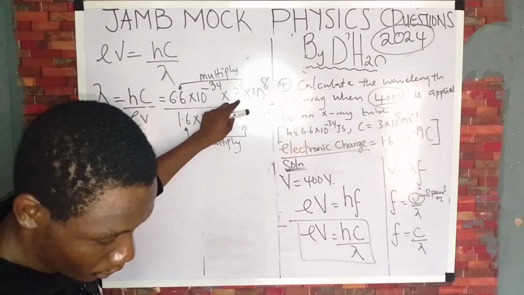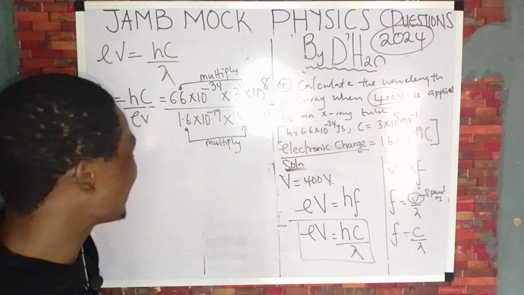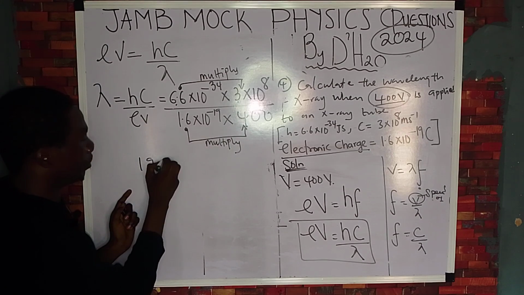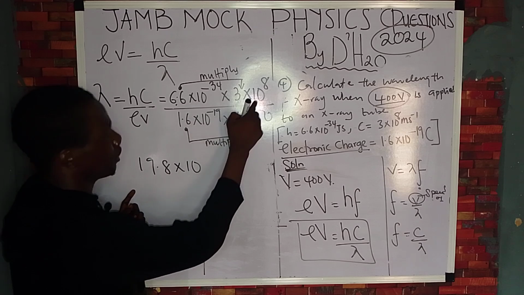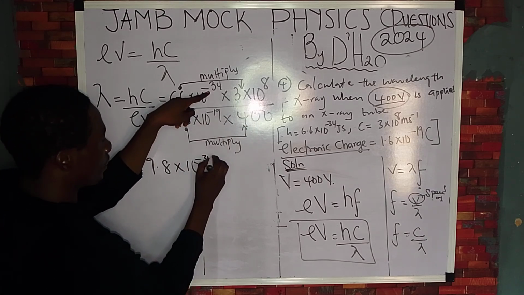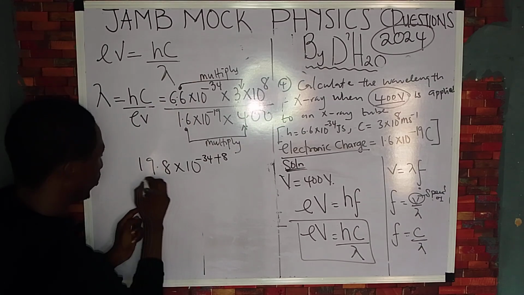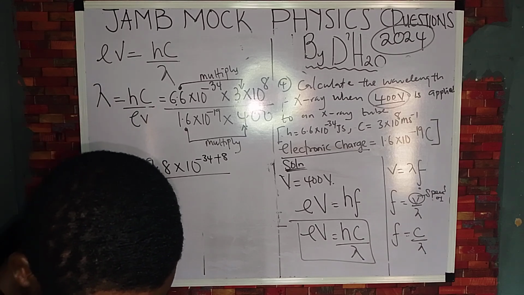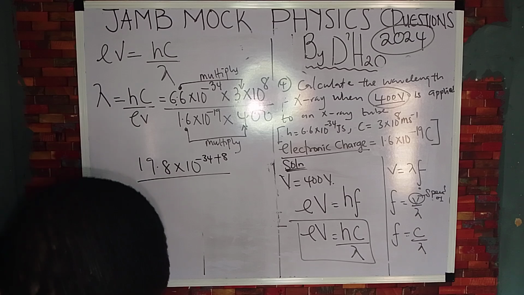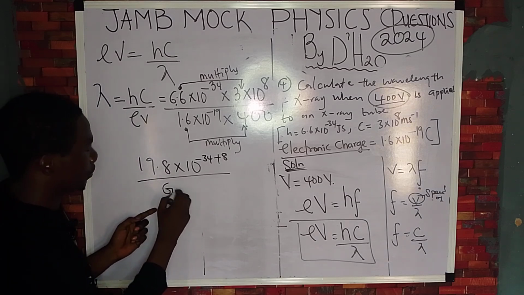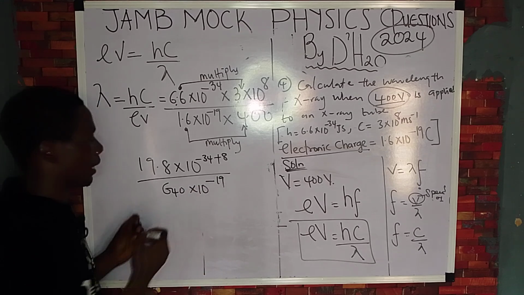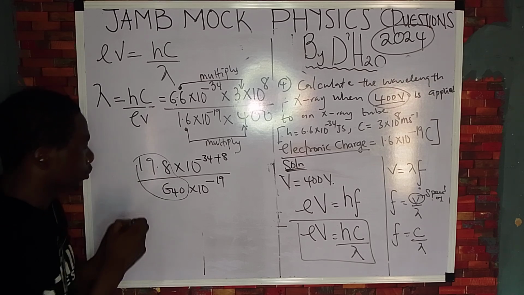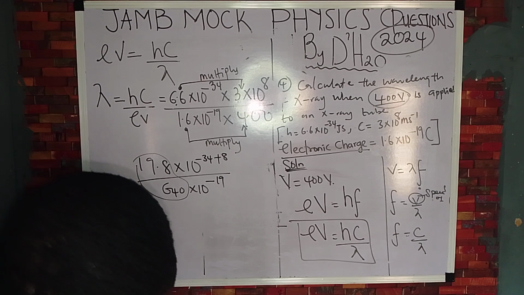6.6 times 3 will give us 19.8. So if you multiply this by this, be careful, you have 19.8, then you have times 10. Pick one of the 10s and combine it by the laws of indices, minus 34 plus 8, all over. Now 1.6 times 400, that's 640. So you have 640 times 10 raised to the power of minus 19. So we can now divide these two values together. If you divide 19.8 over 640,